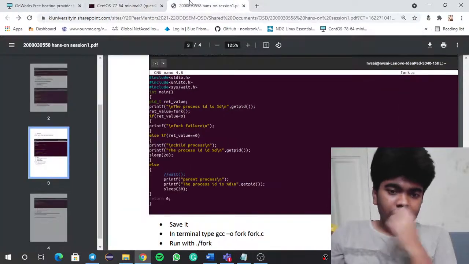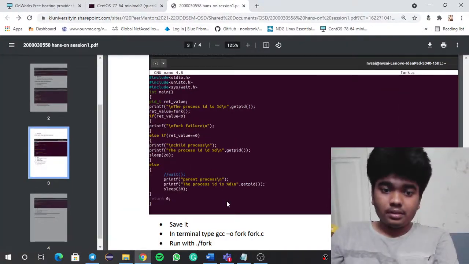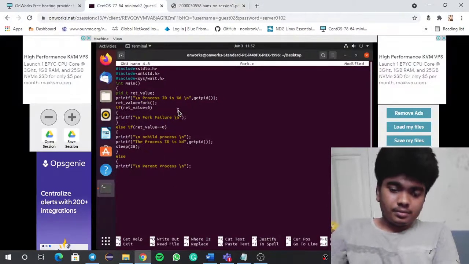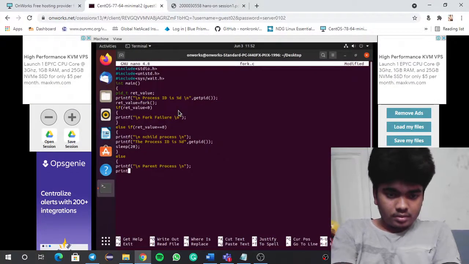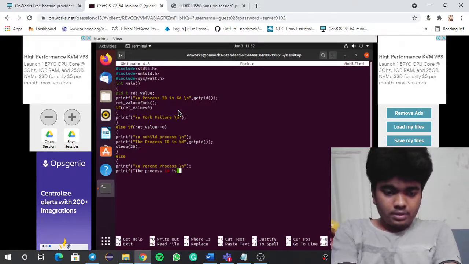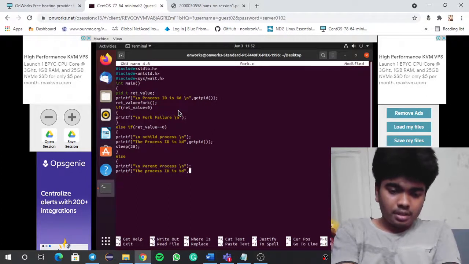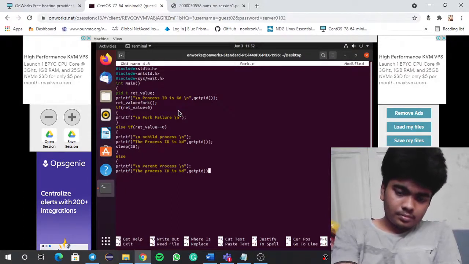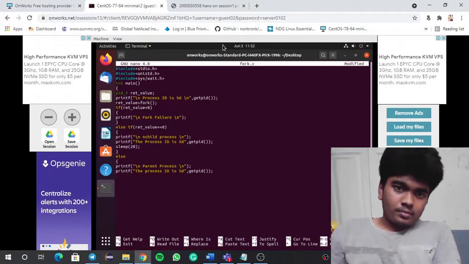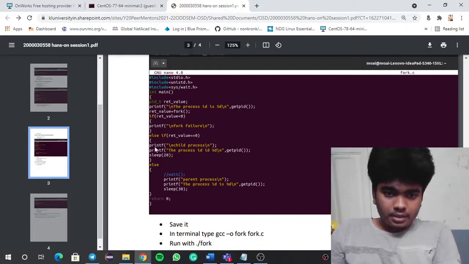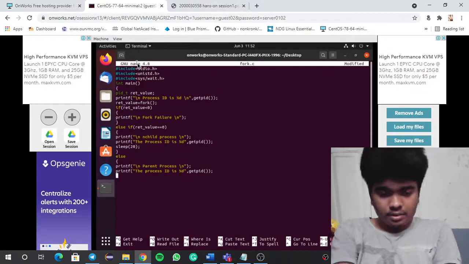After printing this, we give the process ID: printf "process ID is %d", comma getpid. After this, sleep for 30 and then return 0.